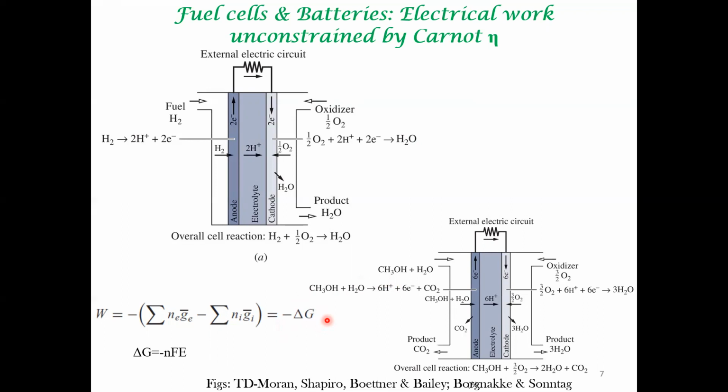These are frontier areas. So even though I've talked about fuel cells, the operation of a battery is also very similar. Here, the main difference is that fuel is being continuously supplied in a fuel cell, like a flow reactor. Okay, things are flowing in and things are flowing out. But in a battery, it's like a batch reactor.